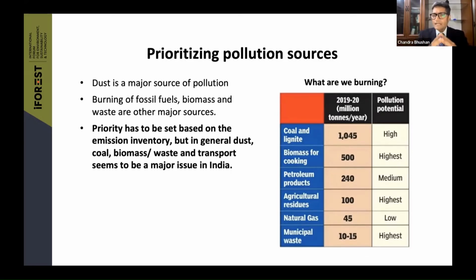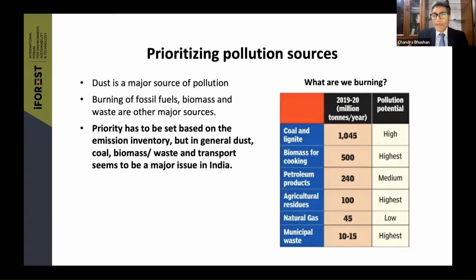80% of things that we burn in India is coal and biomass. Biomass, which is burnt for cooking every day, 3 times a day, in a lot of households in this country. And burning of biomass is a major source of pollution. Burning of coal in thermal power plants, in industries, as well as in cooking, as cooking fuel. We still use coal in the coal belt of this country as a cooking fuel.